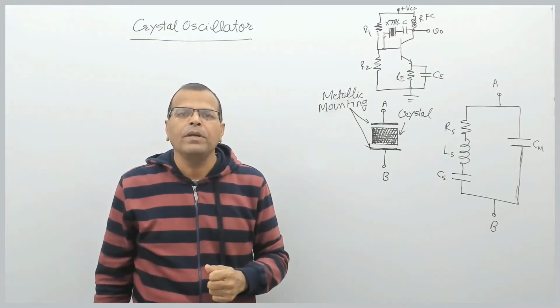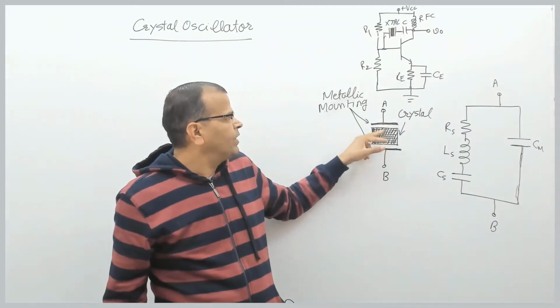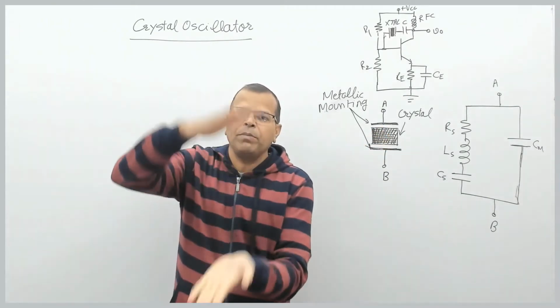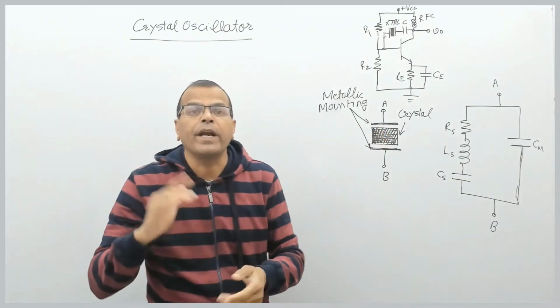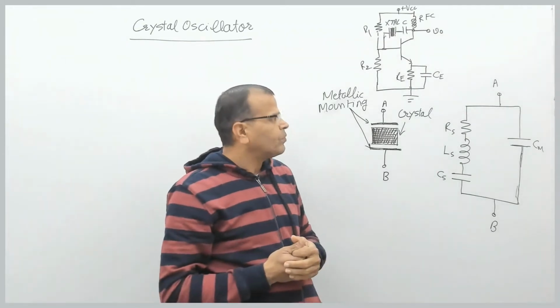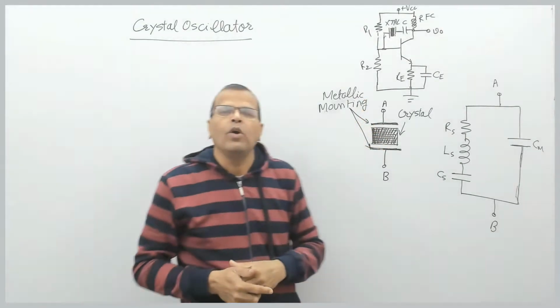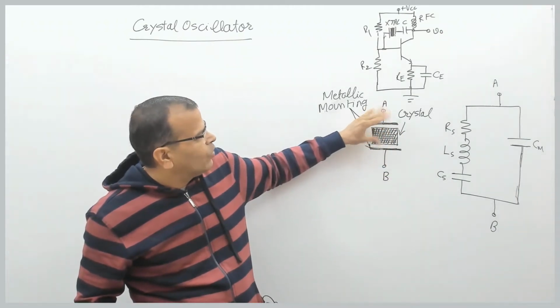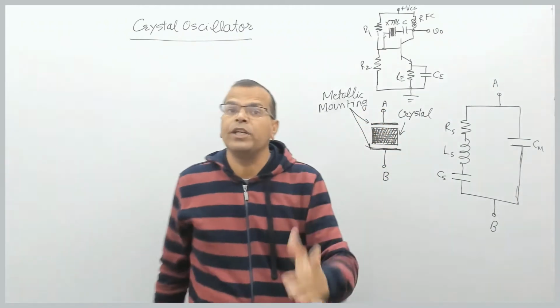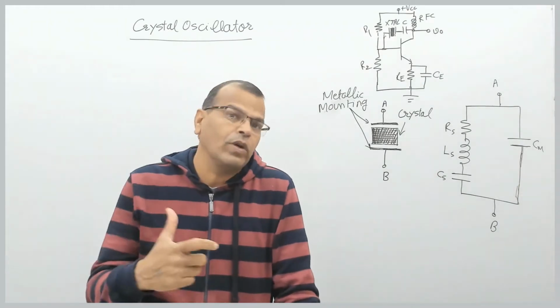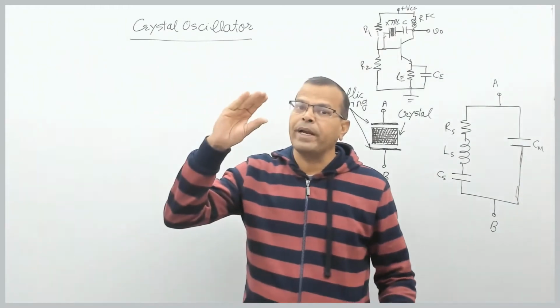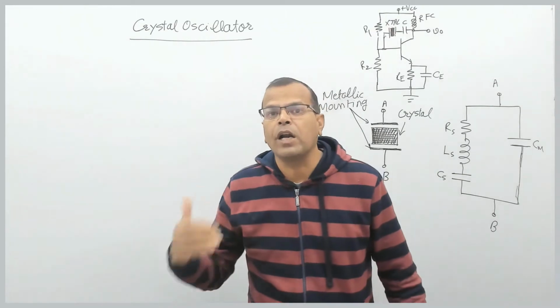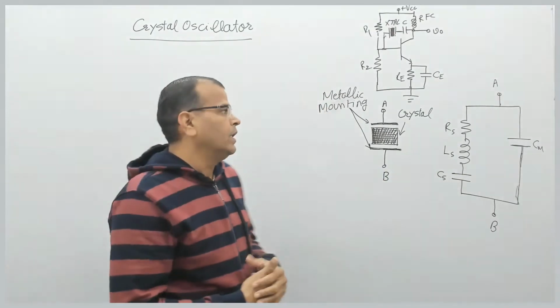So this crystal is subjected to dynamic mechanical stress. What will happen? A voltage will be induced between the faces of this crystal, and if the stress is dynamic, the voltage will vary dynamically, so the polarity of the voltage will vary accordingly. So if it is subjected to mechanical stress, electromechanical oscillations, that is electrical as well as mechanical, are induced in the crystal.